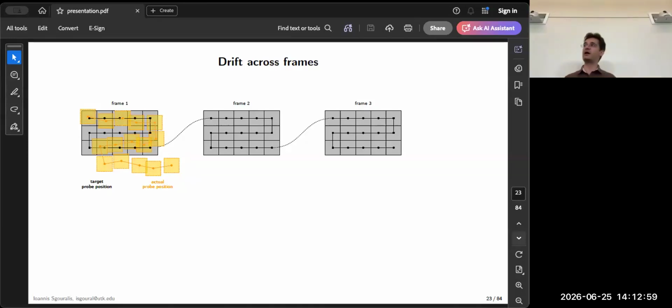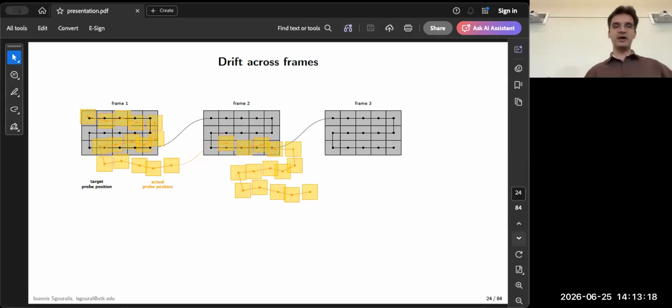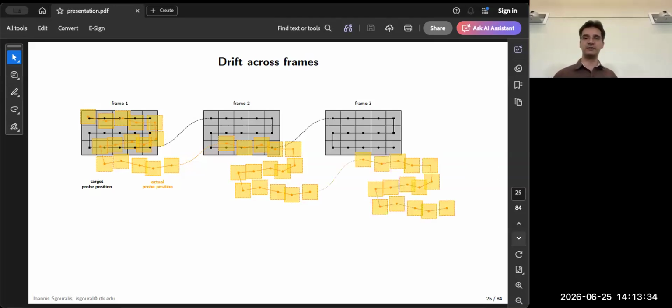But because typically the time interval that we need to wait from the acquisition of one frame until the beginning of the acquisition of the next frame is considerably longer than the time interval between the acquisition of one pixel and its subsequent one, a considerably bigger amount of error is going to be accumulated in the probe position. The effect is that the second image we acquire is not only distorted, but significantly shifted relative to the first image. And the errors keep accumulating, so the third frame is also going to be translated